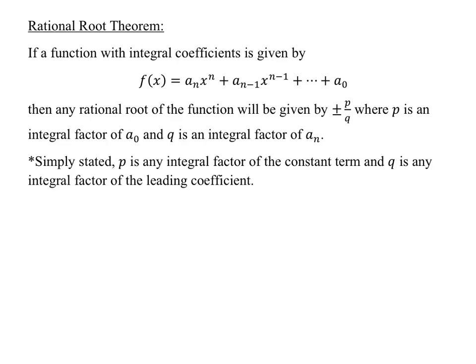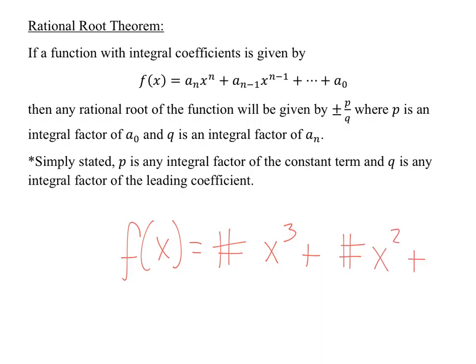Imagine n was 3, right? This would mean f of x is going to be some number times x to the third plus some other number times x to the second, all the way down to 0. That's all that's saying. Where I put the number symbol, that's a sub n. Those are just coefficients. A, B, C, D. So a sub n is a coefficient. Those are numbers. n is 3 in this case, as I said. Let's make it cubic. If this is 3, the next one is n minus 1, which makes that 2. The next one will be n minus 2, which goes down. So what we're saying is for any polynomial function, we can look at what's called p over q, where